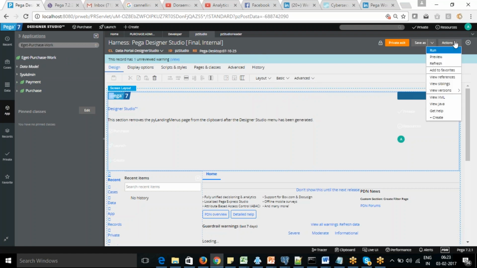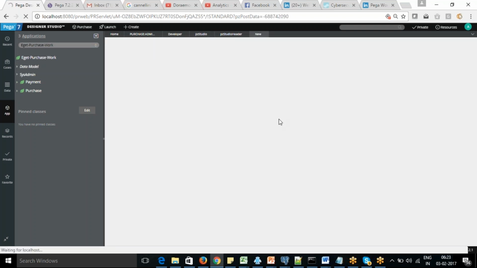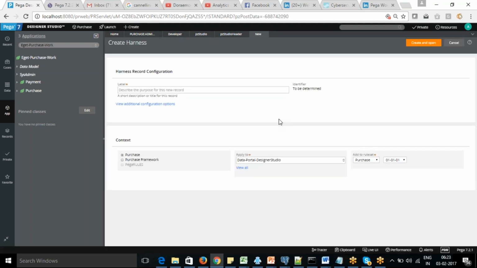If you see from here, the action tab, I'm going to create a new harness. Pega provides four default harnesses to assign performance and everything. We'll see that when we go to the case manager. We call them new, confirm, perform, and review harness. I'll show you in future classes the four types of harness, which come from Pega out of the box.